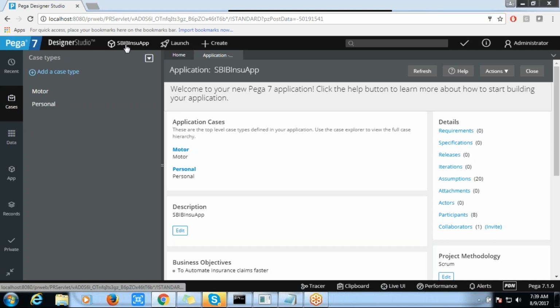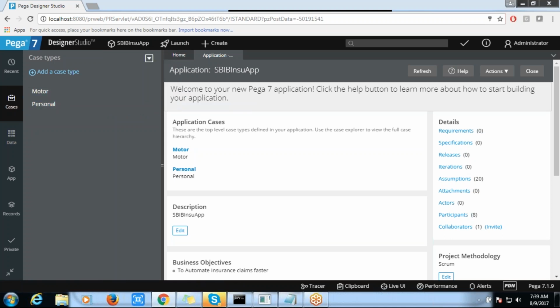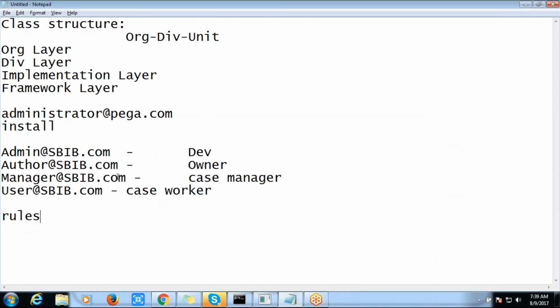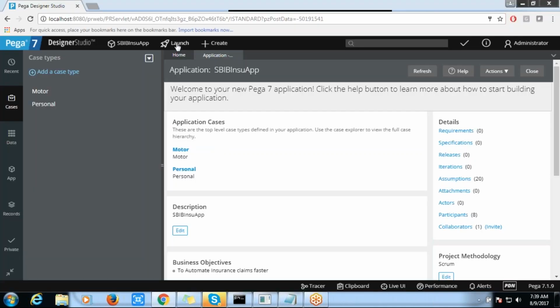Again, as I said, if you want to create another application within this organization, in the same organization, you log in to one of the applications and you can just create it. This particular option is enabled if you log in as the developer. And here there are a lot of options. As I said, we saw that there are different users created here, and each user has a different portal of access. So how are you going to see that?